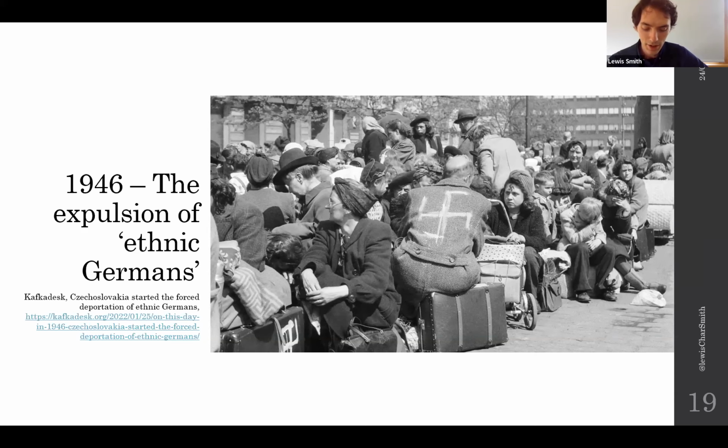the Czechoslovakian government insisted on a policy of treating the Germans, basically inflicting the same kind of violence upon Germans as the Nazis had inflicted upon the Czechoslovakians, a policy of revenge. And Czechoslovakia is by no means unique in this. Many other European nations also follow similar policies of reasserting their own nationhood, but particularly in Czechoslovakia,